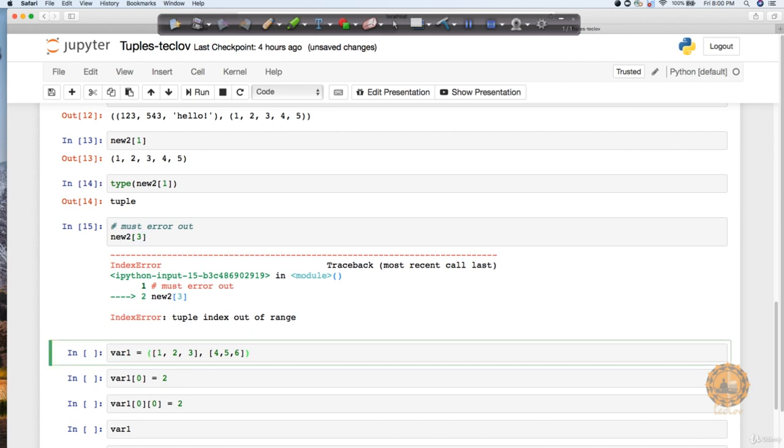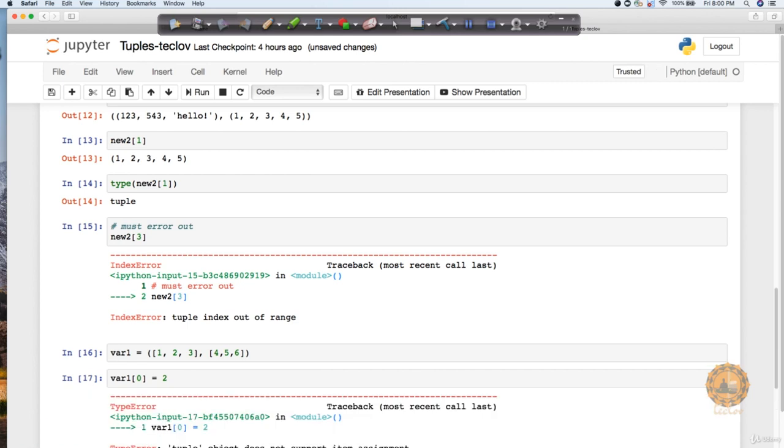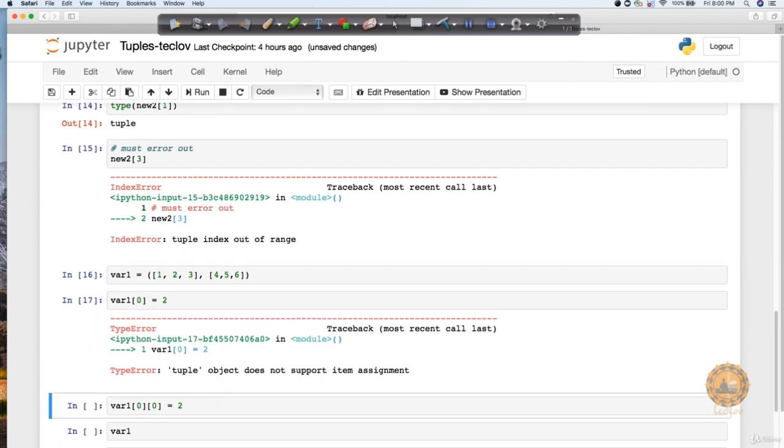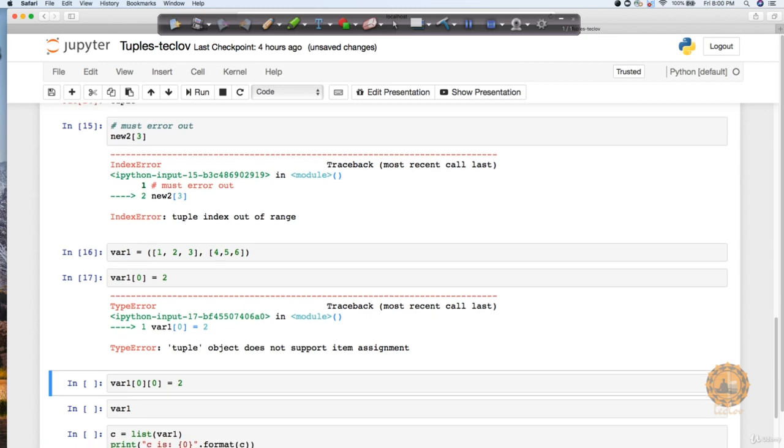Similarly, if you want to directly create a kind of composite tuple, meaning a tuple inside a tuple, or if you want to create even a list inside a tuple. In the above example, we have already seen a tuple inside a tuple. Now we are going to create a list inside a tuple. Notice these brackets of the list. Now if I execute this, you will notice that it creates a var1 tuple. And if I try to update the value of this tuple, it is going to throw me an error, right? You're trying to update a tuple value, which is not allowed.